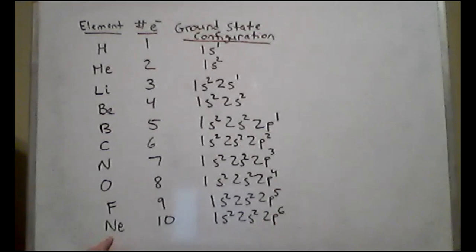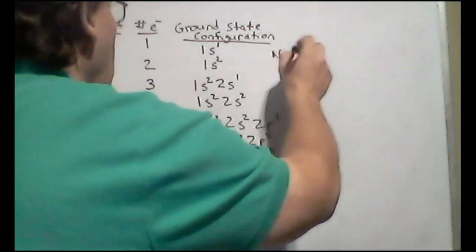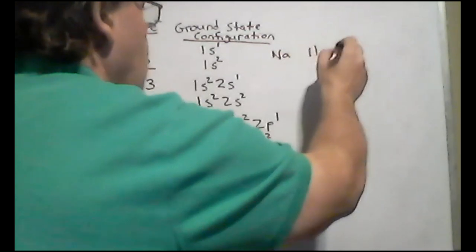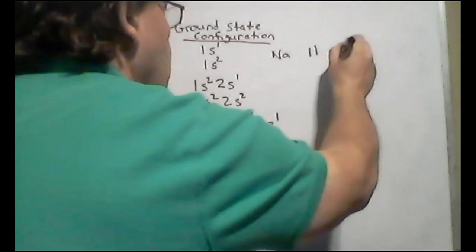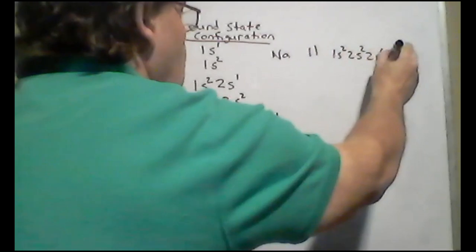It is as happy as can be. It has a complete N equals 2 shell. I cannot put any more N equals 2 electrons. Okay, this is a noble gas, neon. If I were to continue to the next one, let's say sodium, I'd have to put a 3s1 there. So if I go to sodium, and that has 11 electrons, it would be 1s2, 2s2, 2p6, and I start developing the